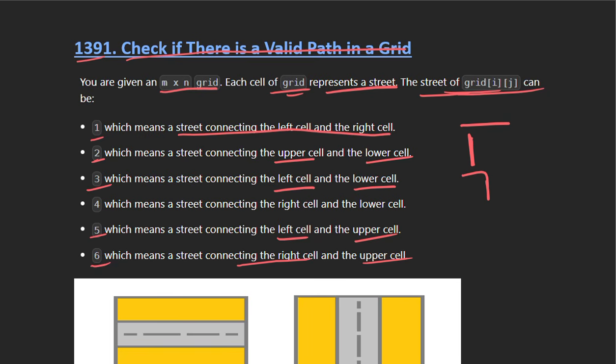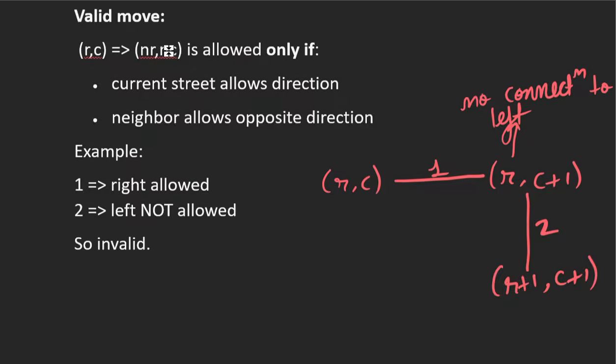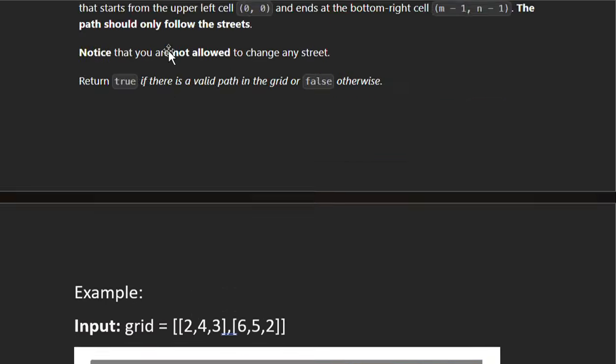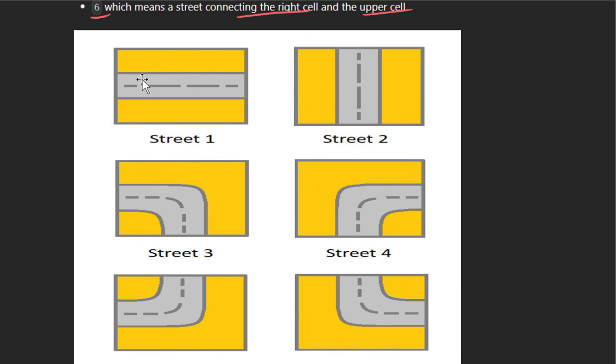Let's try to understand with the help of figures. 1 means the street is connecting the left cell and the right cell. 2 means it is connecting the upper cell and the down cell. 3 means it is connecting the left cell and the bottom cell. 4 means it is connecting the right cell and the bottom cell. 5 means it is connecting the left cell and the upper cell. 6 means it is connecting the upper cell and the right cell.